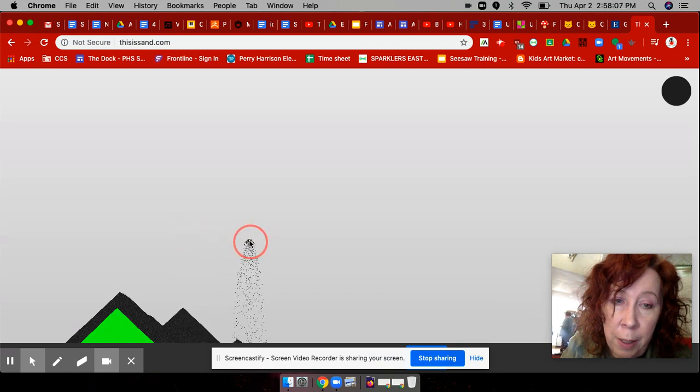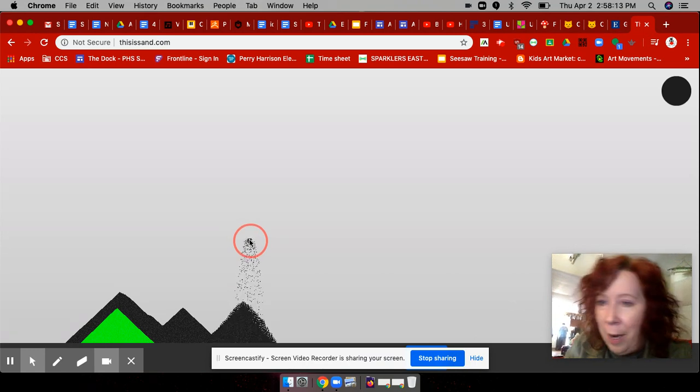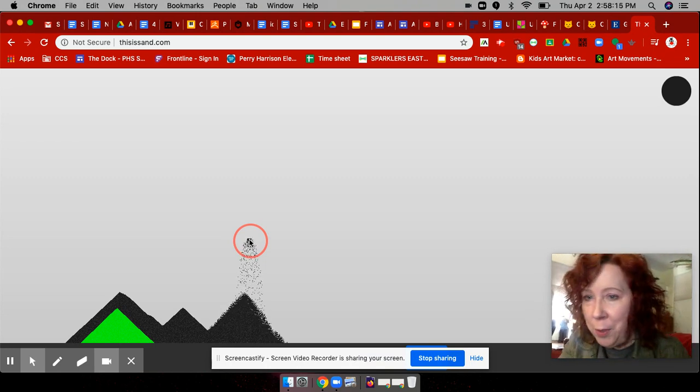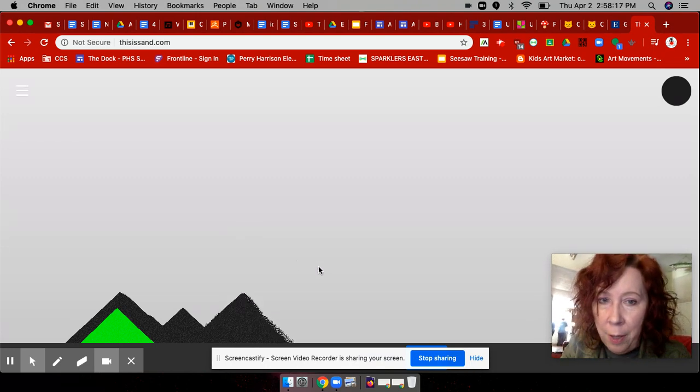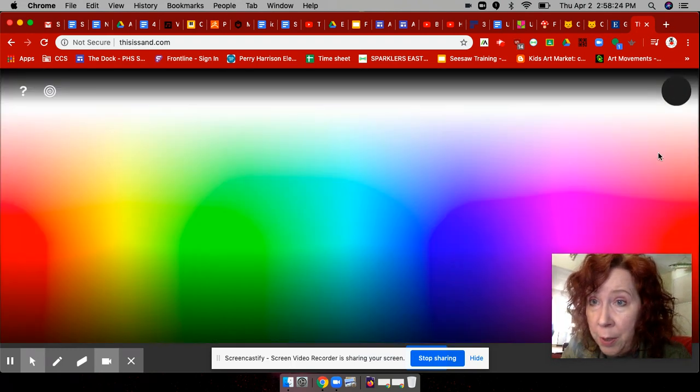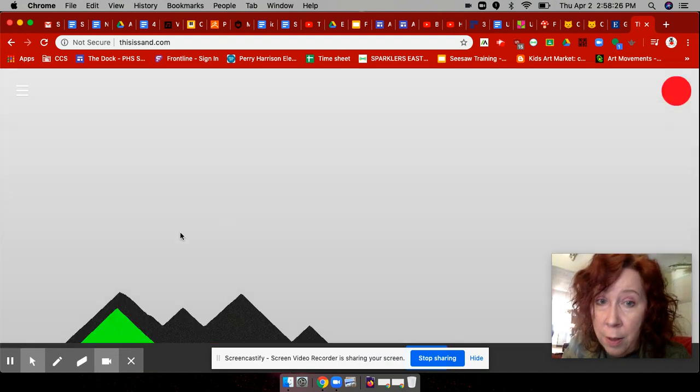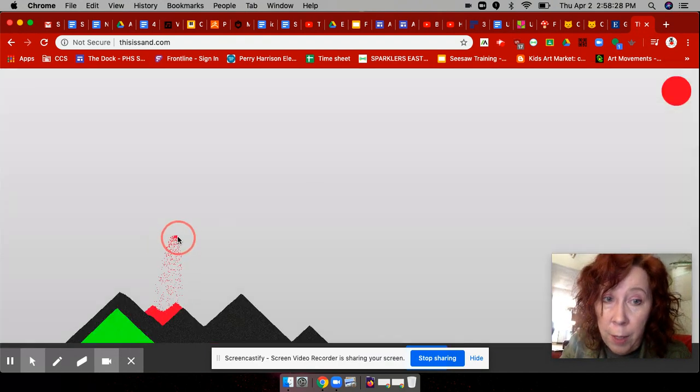There used to be this wonderful type of craft where people would use real sand, and they would put it into jars and they would stack the sand like this, and that's what this is a lot like. So let's say I might choose red and then put the red on top of this,